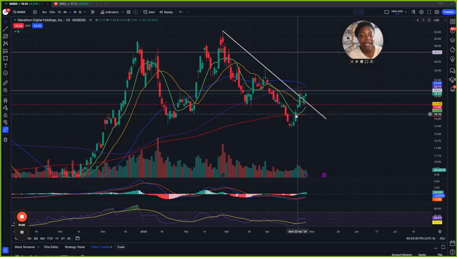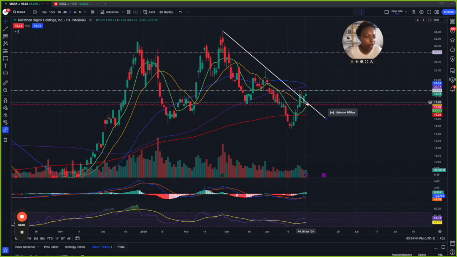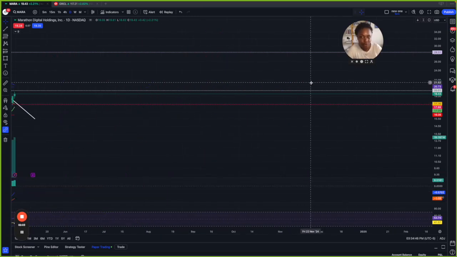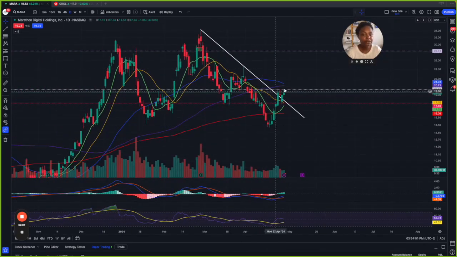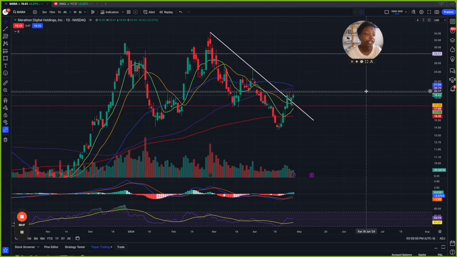So here I'm loving that this 9 came down to my 200 MA. We got this move back above it. It's crossing over it. It's looking like it's attempting to break and close and make this move above the 20 MA, which would break out of the trend line and come back. And all of this good stuff. So I'm absolutely interested in this. But you see how we have these same highs here? So I'm gonna need to see Mara above 20 in order for me to trade that.